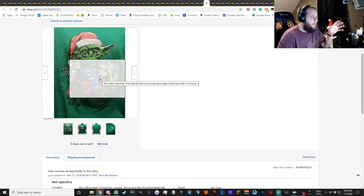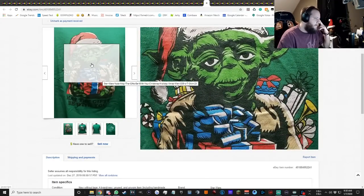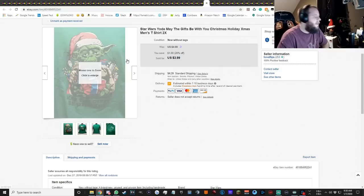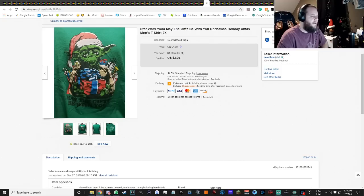I was picking up like novelty shirts like this for a while. If I saw like Star Wars or like certain name brand pop culture stuff like that. I don't think I'm gonna do that much this year, if at all, because clothing is kind of like not my favorite thing to list anyways, and a lot of times it doesn't end up being worth very much, as you see. Yeah, I just don't think it's really worth the time. See how it's actually got the Star Wars, like it's official, so that's why I was picking that stuff up for a while. I think I'm just gonna stick to like band t-shirts and stuff,